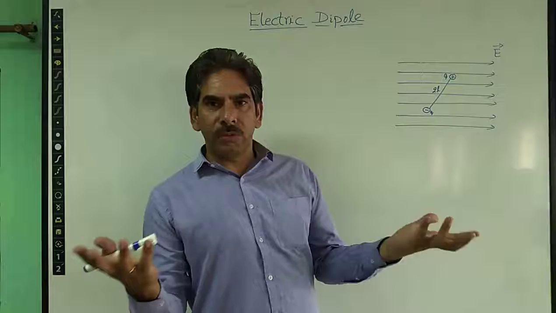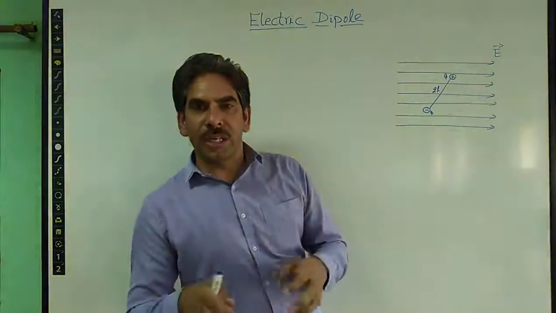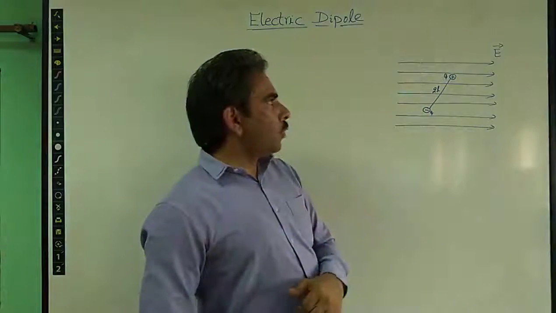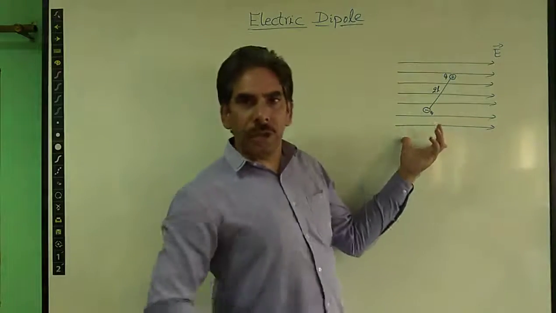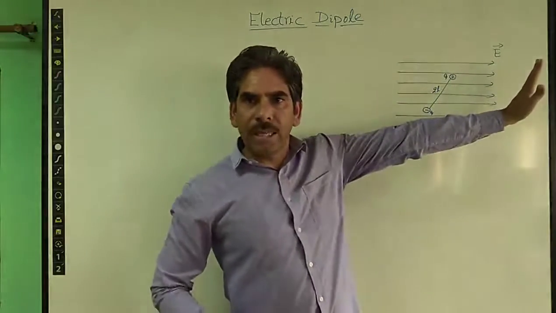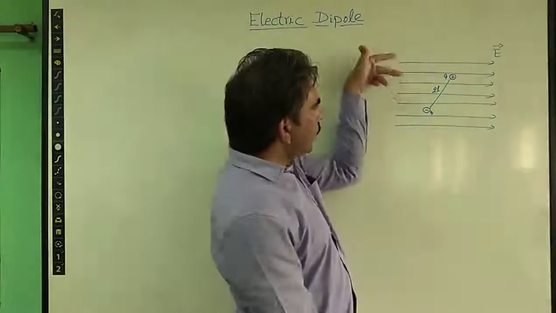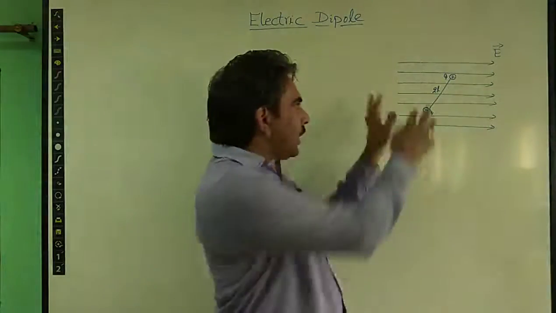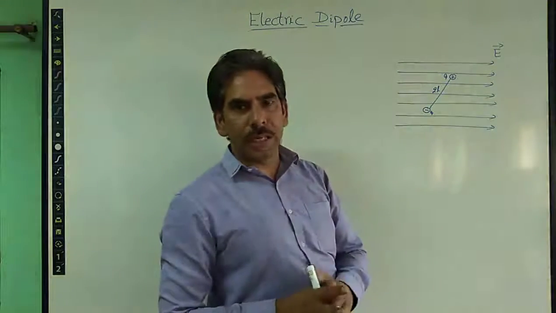So how do we represent a uniform electric field? Again, we can make use of the concept of electric field lines, which are imaginary, but the electric field they represent is the real one. In a region where the electric field is uniform, the electric field lines are directed along the same direction. They do not change their direction. Also, the spacing between any two consecutive field lines is the same. It does not change throughout the region where the electric field is uniform. So this is the case of a uniform electric field.